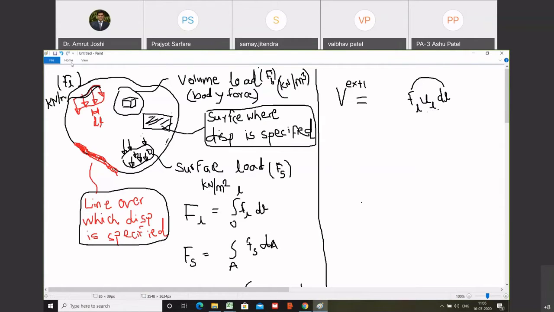So how do I write total potential energy due to line force? I will have to integrate it over the length. This integration has to occur over the length over which you have line load. Are you with me? Just let me clarify. This u, UL, in which direction is it? X, Y, and Z. Let me give you the directions. This is X direction, this is Y, and this is Z direction. So now tell me, this UL is in which direction? X, Y or Z?